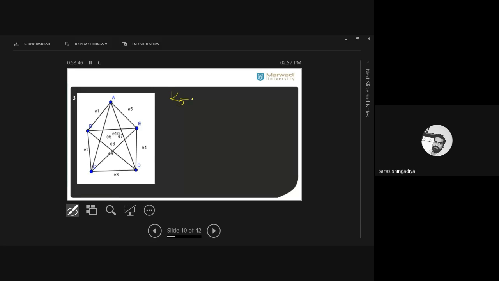And what is the definition of K5? It means a complete graph. Each and every vertex is connected to each other. It means if there is one vertex, it will be connected with all the others, and that applies to all the vertices. Okay? So when we derive the matrix of this one, only the diagonal we treat as 0. Rest of all the entries will be 1. Only the diagonal will remain 0. And everywhere else, what will be placed? 1.